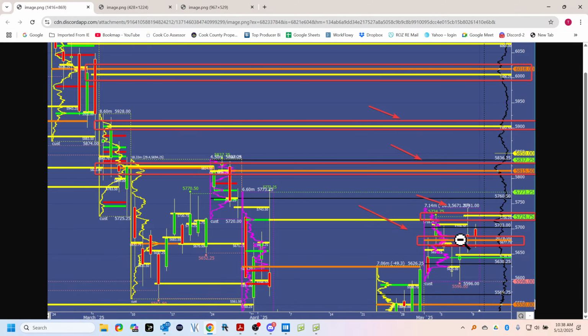So it creates rotations. Also, these were two neutral days. That means this day and this day, both sides were active, which is an indication of something called balance or two-sided trade. It's like everybody's beating on each other from outside edges. And when you get two neutral days, that means first hour high and low taken out. There's a very low probability that we get another neutral day or three in a row.